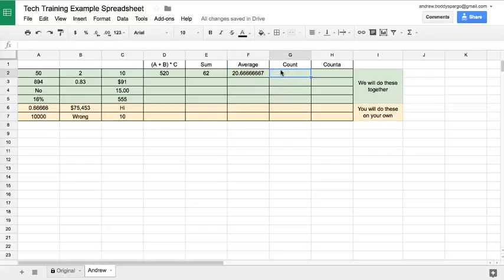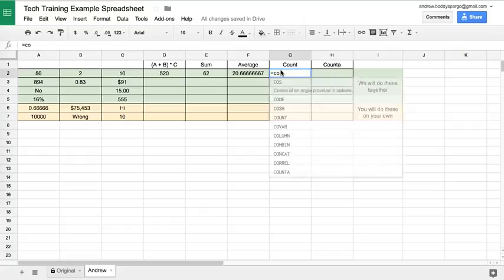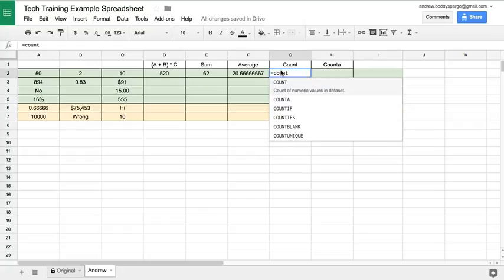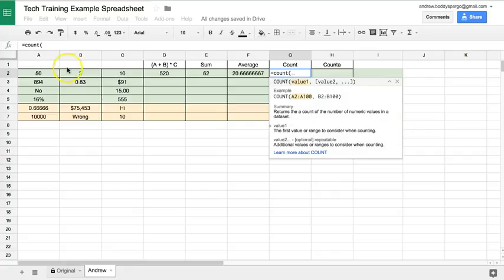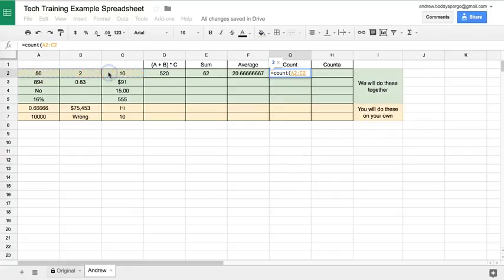Let's do the count function. That is by pressing equals and typing count, and then open parenthesis, select those 3 cells again, close the parenthesis, press enter, and this counts the number of number values in these cells. We've got 1 number value, 2 number values, 3 number values, so it comes up with the number 3. Pretty straightforward. And you'll see in a second why it might be useful to count just the number values here,